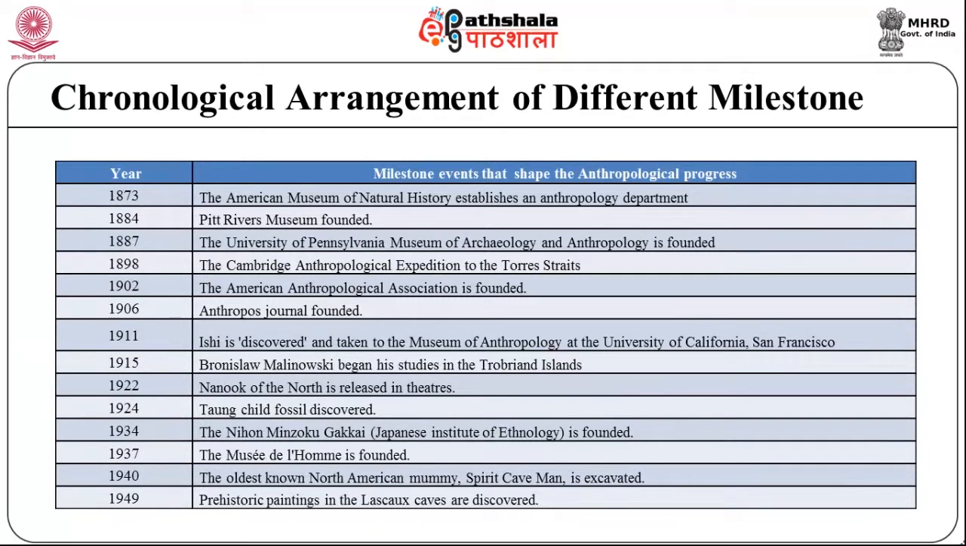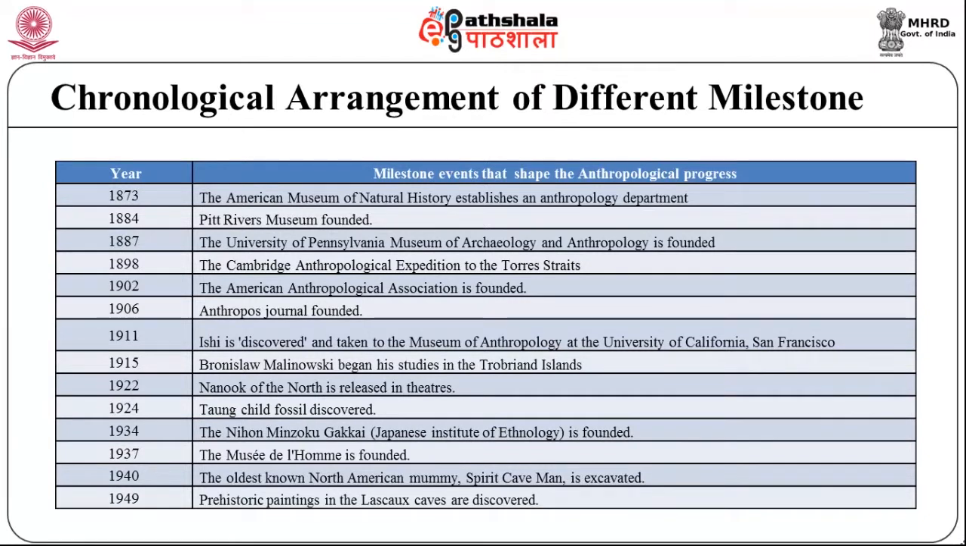Now, as you can see in the table, a chronological arrangement of different milestone events around the world that explain anthropology as a discipline is given. Let's talk in detail. The foremost milestone in the table is in the year 1873. In this year, the American Museum of Natural History established an anthropology department. Similarly, in the year 1884, the Pitt Rivers Museum was founded. In the year 1887, the University of Pennsylvania Museum of Archaeology and Anthropology is founded,